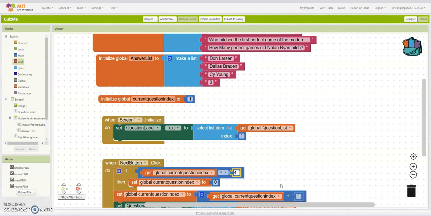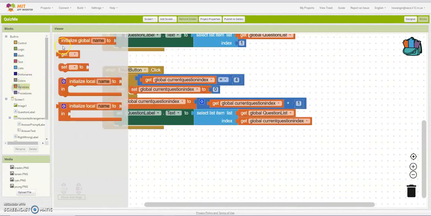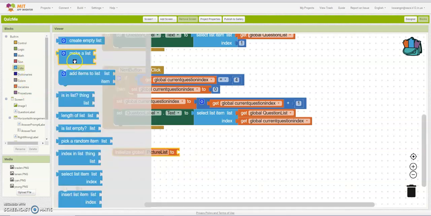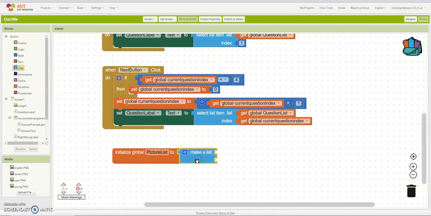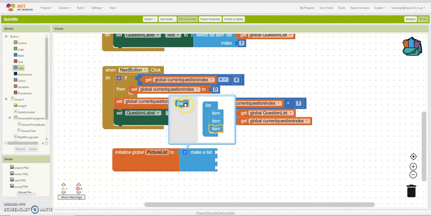Right now, all it will do is show your answers and your questions. It doesn't do anything with your pictures. So that's what we're going to do next, is get our pictures to change when we want the questions to show up. So we're going to do another variable to initialize our picture list. That's going to be another list. And our list is going to have 4 answers on it, so I need to add 2 more items,